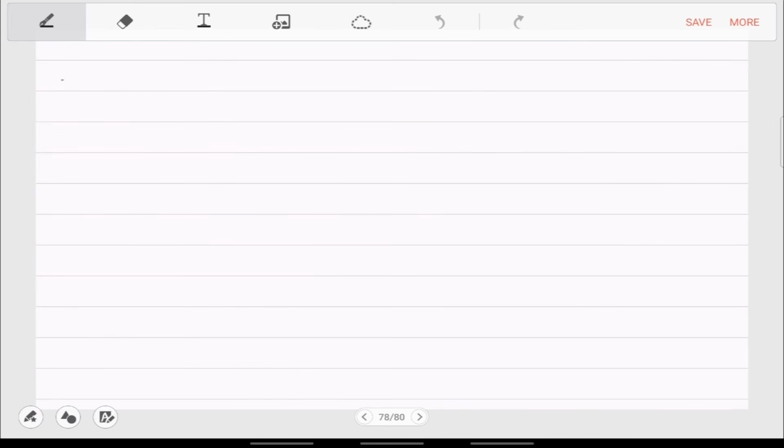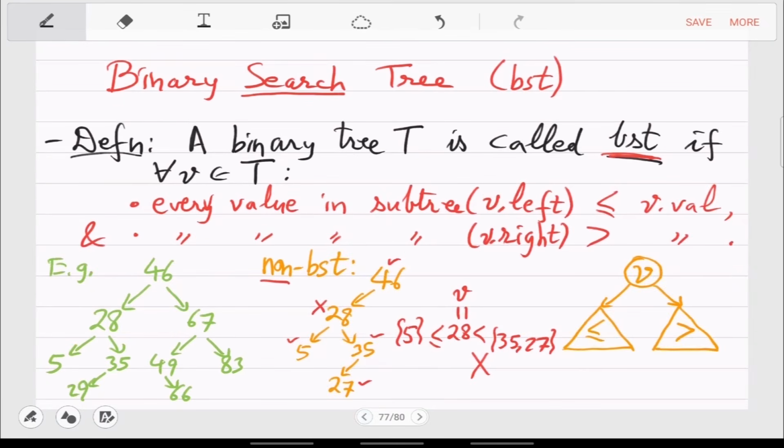So, search for 29. So how does that work? So search for 29 will move in what direction when you start with 46?